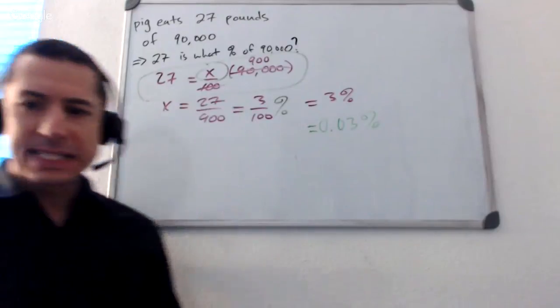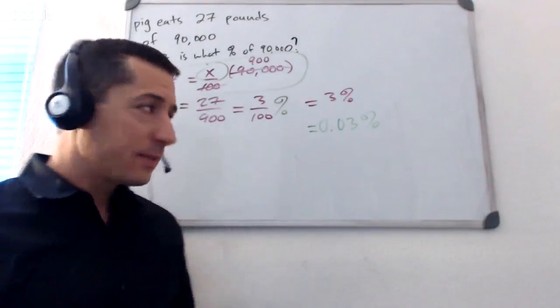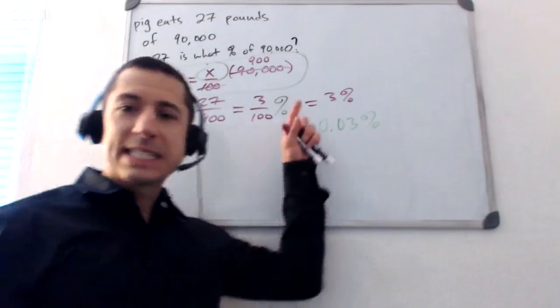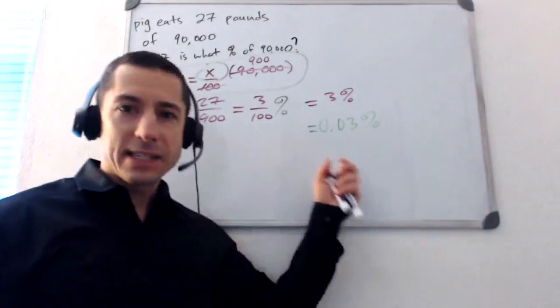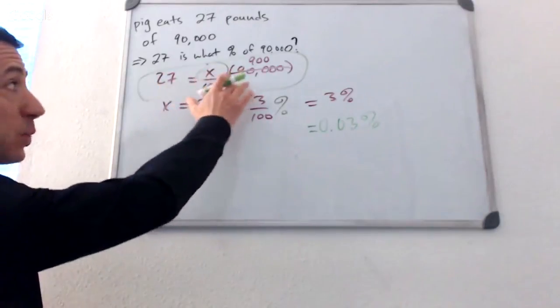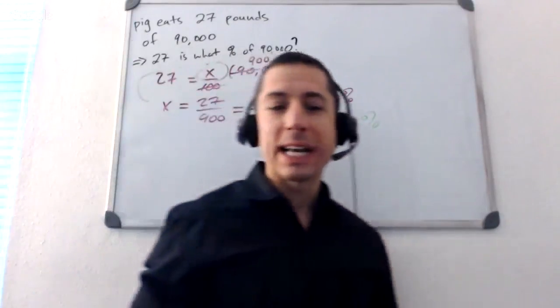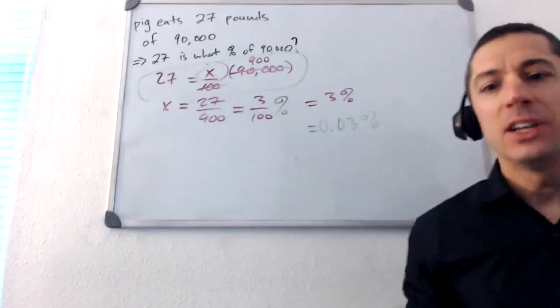Answer here is C. It's actually interesting. I think we had some people pick E in the live group. That tells me that you're converting this again. You're redividing this by 100 one more time, and that doesn't work either. This is it. If you're going to set it up this way, trust your X, trust your algebra. Again, if you have the opportunity to translate, trust what you've got.